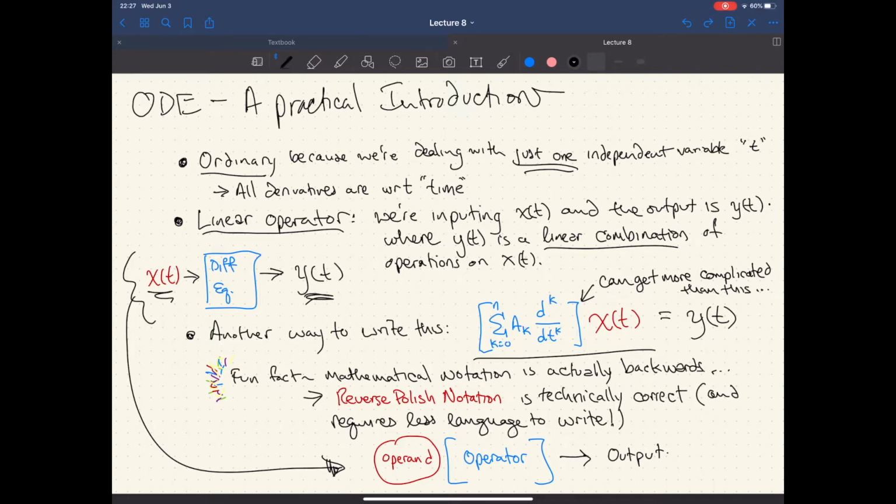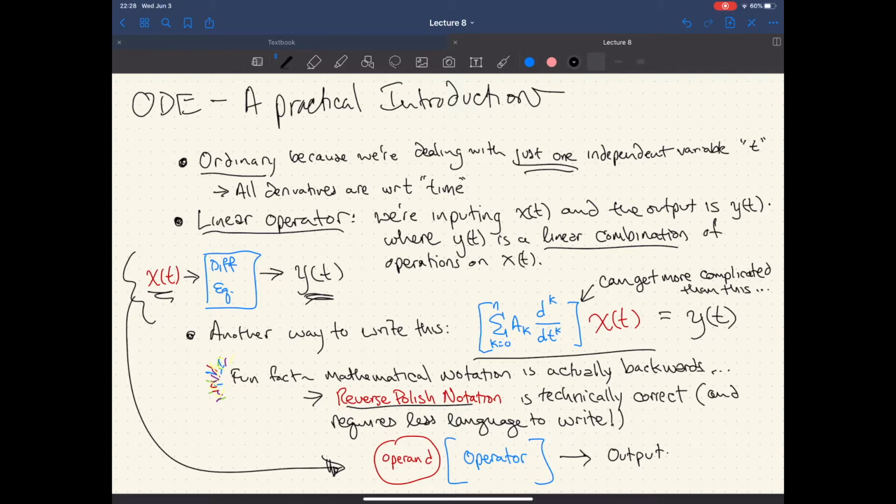Fun fact here, this is a shout out for you comp sci folks. I feel like you guys kind of get the short end of the stick sometimes when you take the comp sci route, because if we're taking EE courses, it's all electrical engineering oriented. Well, I'm from out in La La Land with math, so I'm going to go ahead and give you guys a little bit of treats here. So here's your treat, if you want to call it that. Reverse Polish notation. Okay, if you haven't heard of this before, it's kind of wild.